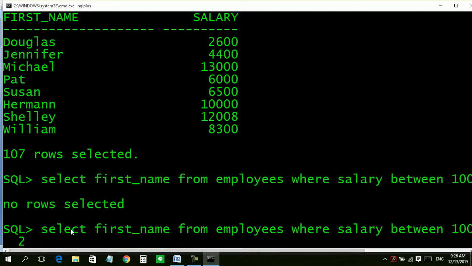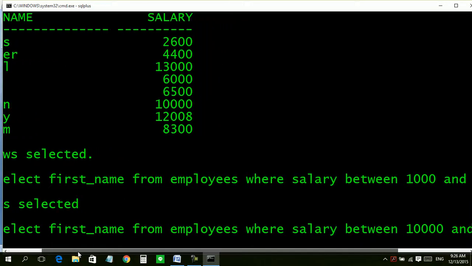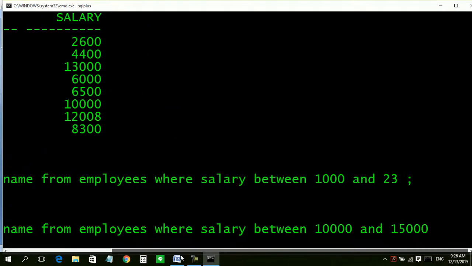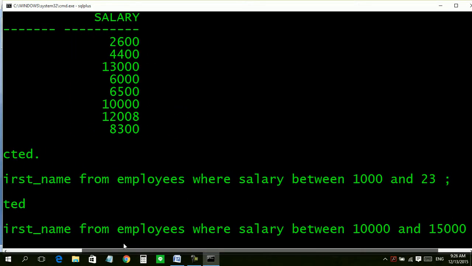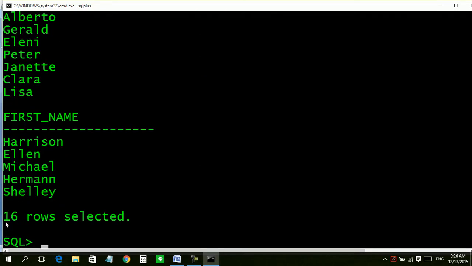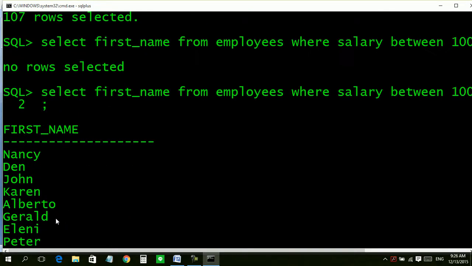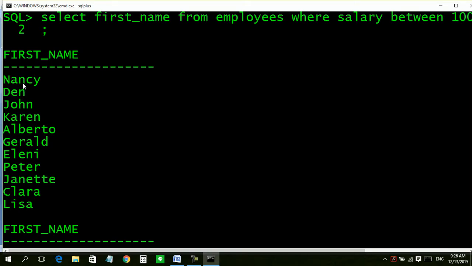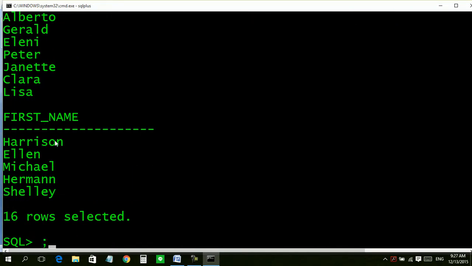Look, it is saying select first name from employees where salary between 10,000 and 15,000, it is waiting for this. It has selected 16 rows. These are the names of employees whose salary was between 10,000 and 15,000.